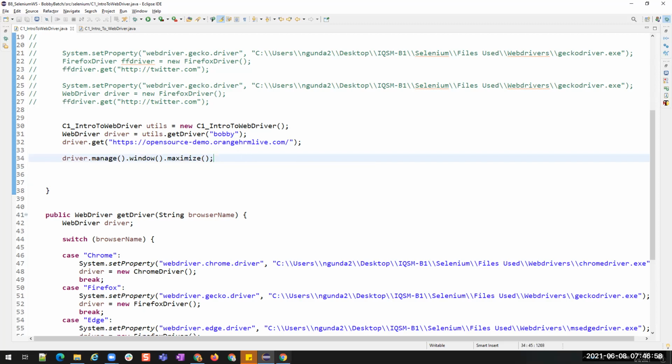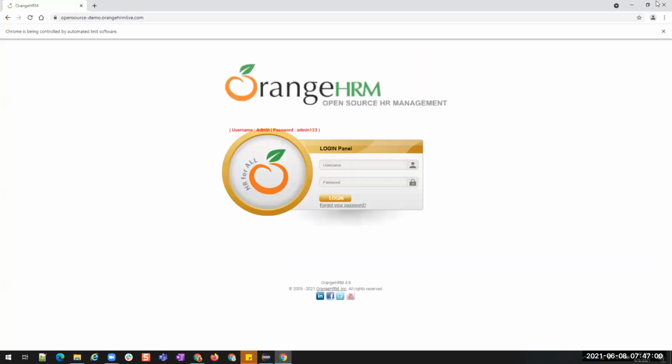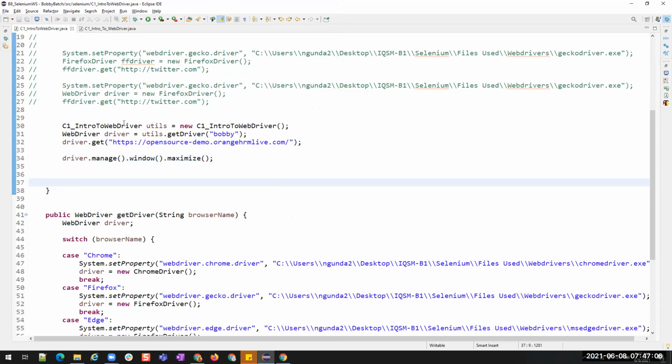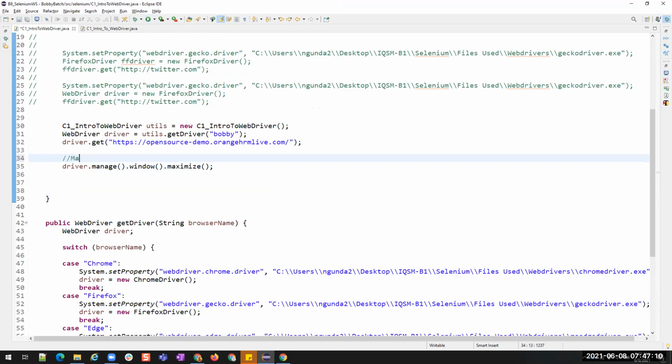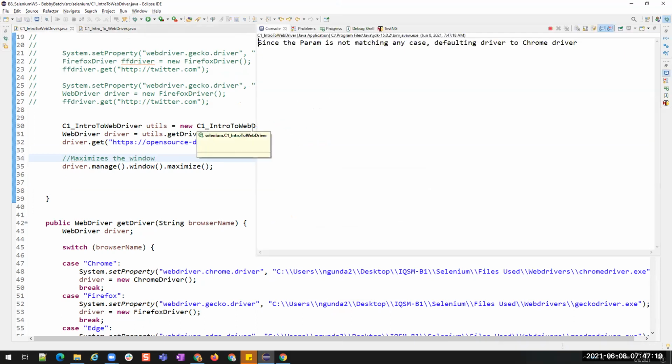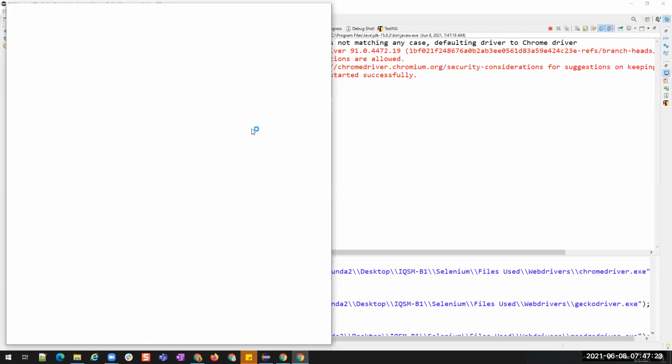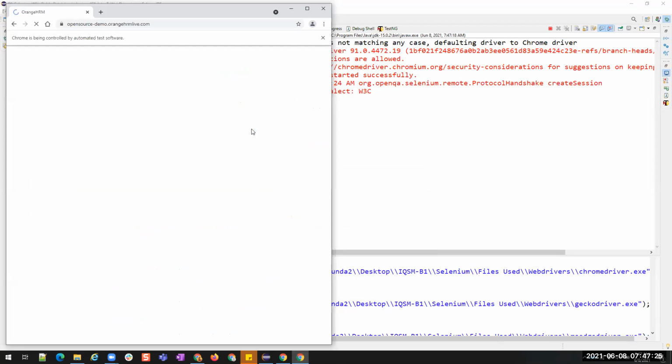So this is the concept of method chaining: on driver, I'm managing my window and maximizing the size of the window. Earlier, when I opened, the browser stayed in this format until the execution was completed. But now you see, when I run it, it opens the URL and then maximizes.